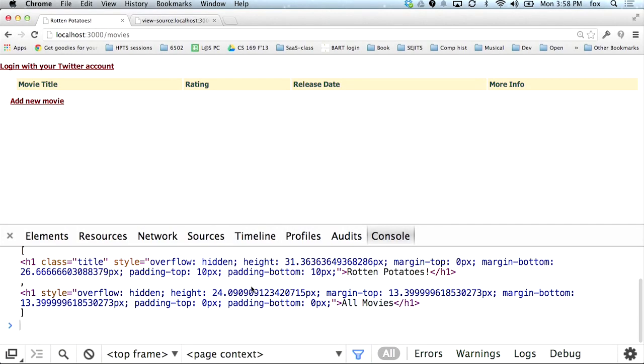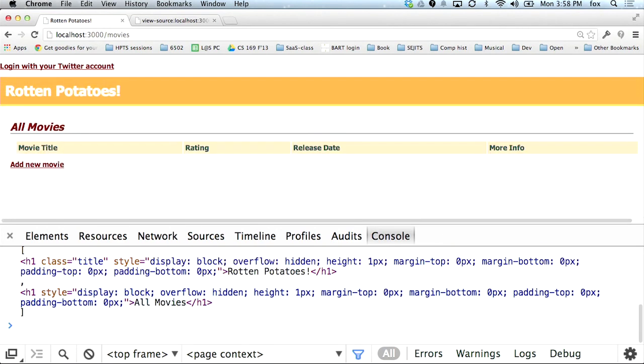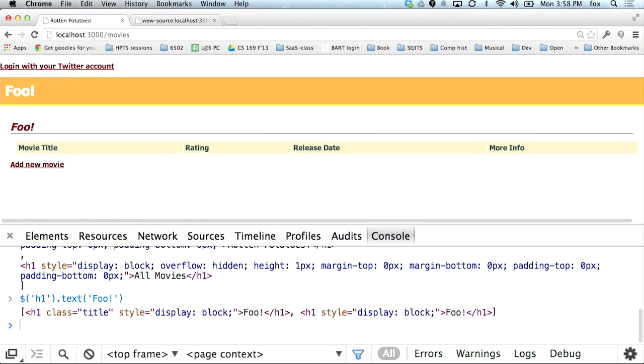This is why you use jQuery, right? In reality, what's happening is there's a lot of CSS trickery going on to do the animation one step at a time. That's not a browser built-in behavior. That's jQuery goodness. Let's show them again. We can change its text to something else. And notice that there are 2 h1 elements that match my initial tag, so my command ended up applying to all of them. If that's not necessarily what you wanted,